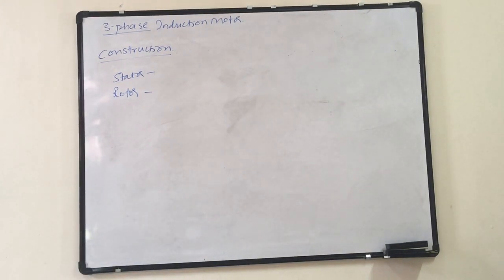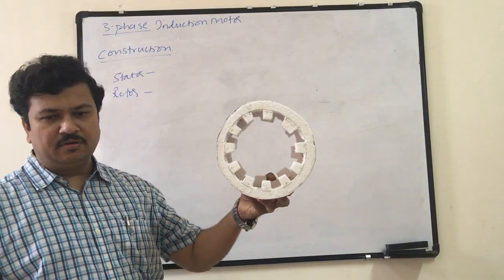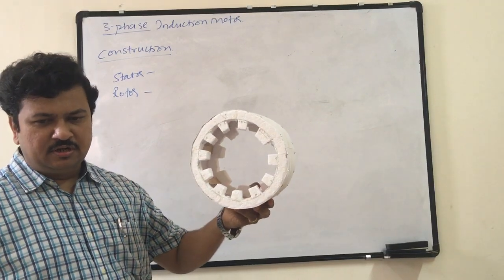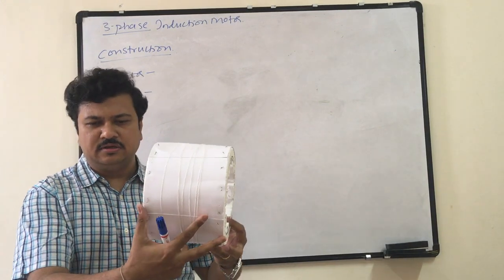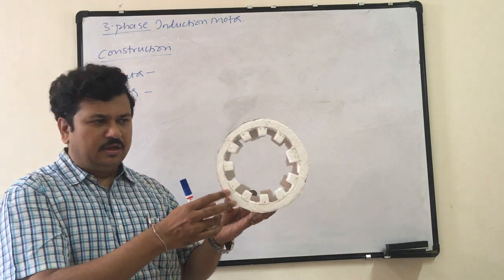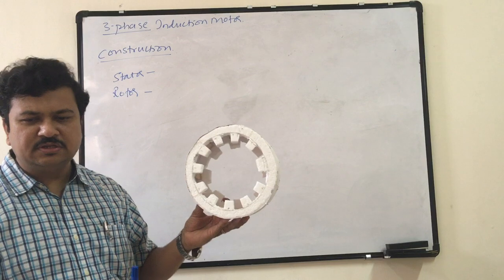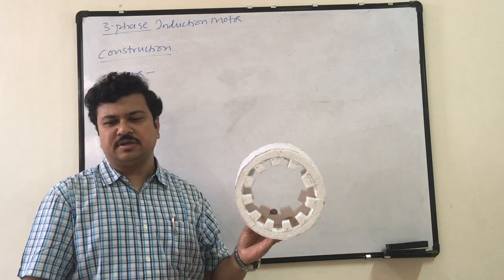If you have not gone through it, the stator of the induction motor will be similar to the stator of a synchronous generator. You can see the hollow cylindrical structure wherein the slots are punched in the inner periphery, and it has a certain length. This is the stator of the induction motor, to which I will be connecting the three-phase supply, and the stator slots will have the three-phase distributed winding.